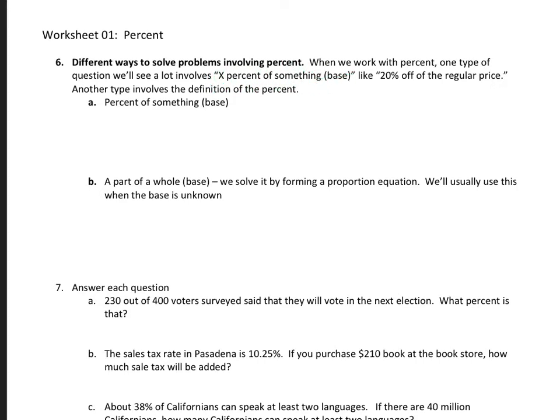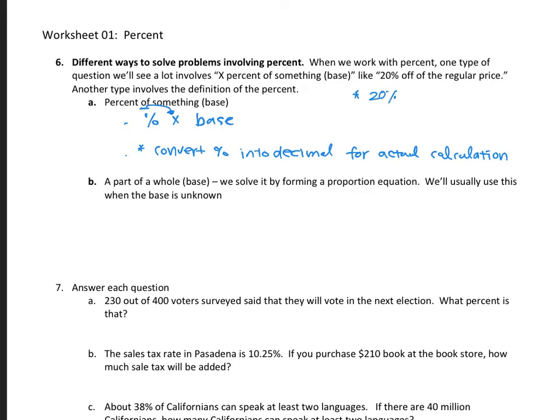So we can approach it in 2 different ways. If you see percent of something, that something is called the base. So it's percent times base. So percent of something, I'm going to highlight "of," translates to multiplication. Again, convert percent into decimal for actual calculation. So for example, if I have 20% off of the computer,